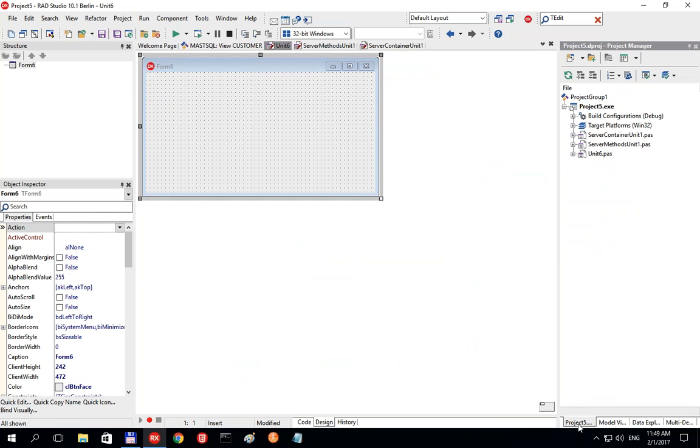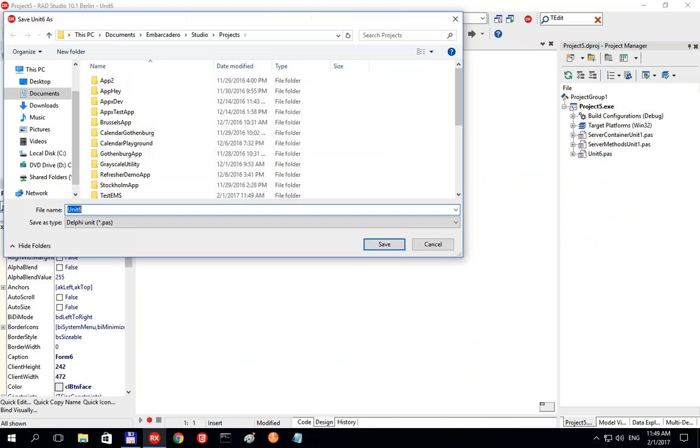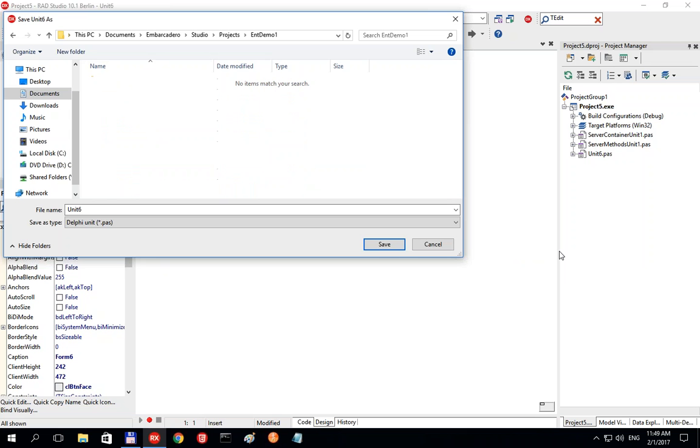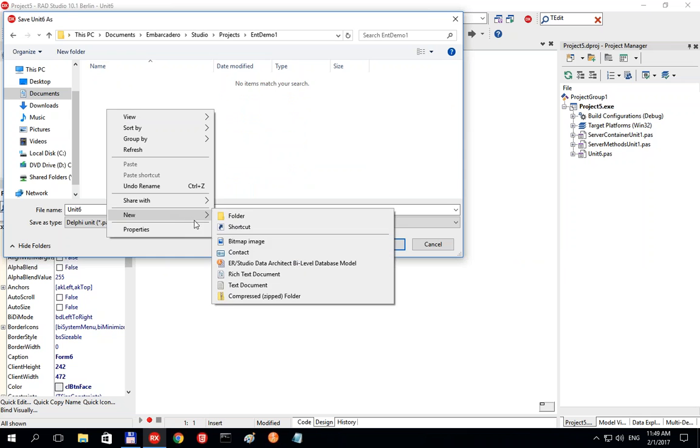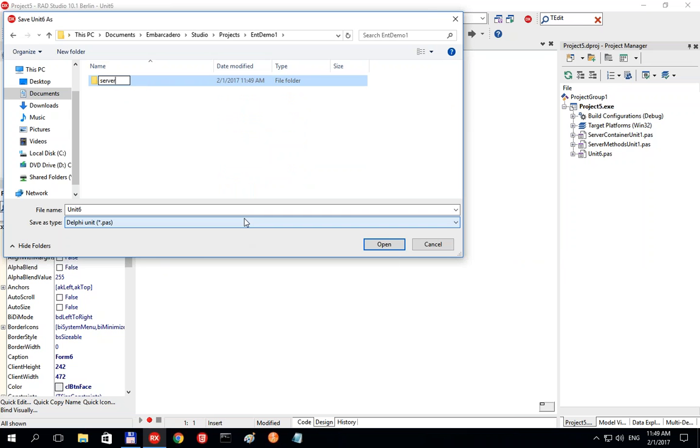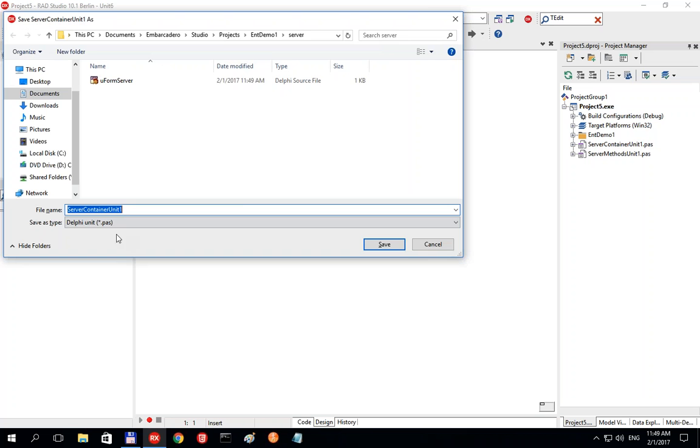Okay, so now I have created a server. I'm going to save it in some nice place. So maybe a demo, enterprise demo 1. Okay, that's a nice name. So I'm going to put here 2 subfolders, one for all the server files and one for all the client files. So in server, I'm going to put here a uform server, and there are some other files already generated by the wizard. I need to keep their default names. That's easy,